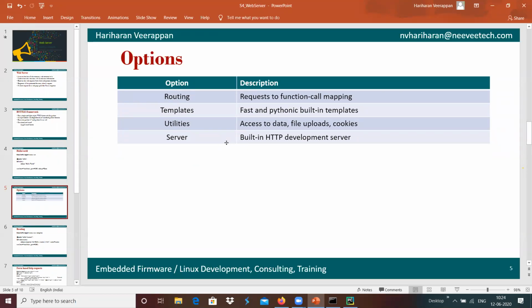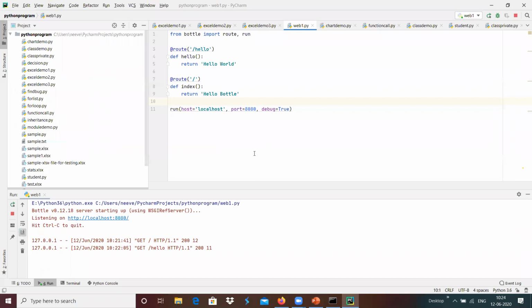And then we have the built-in server, which we start with the member function run. Run is the member function which starts the built-in server on this particular port 8080 and with the host name of localhost, with the help of the run method, run function basically.